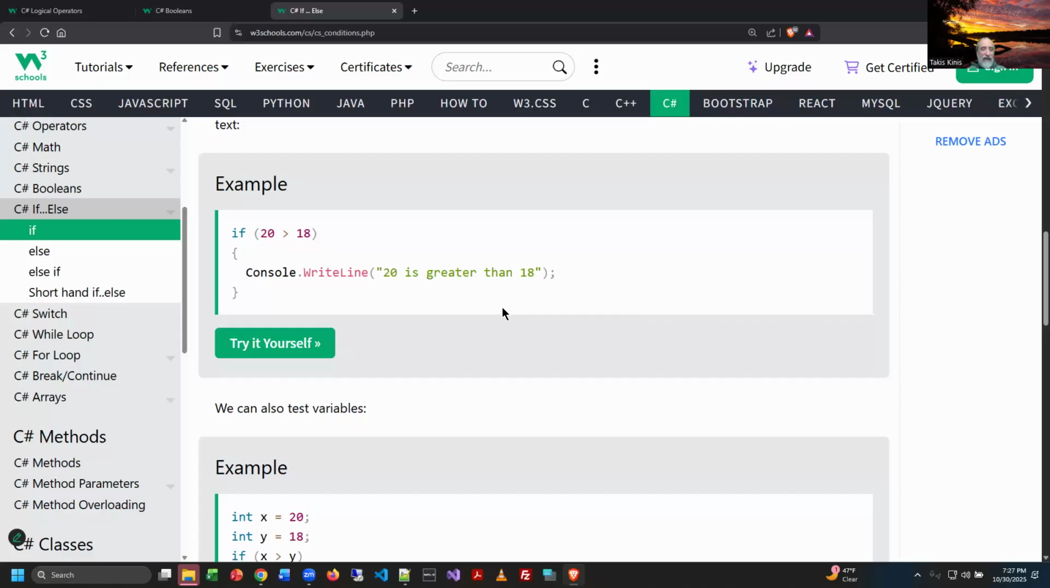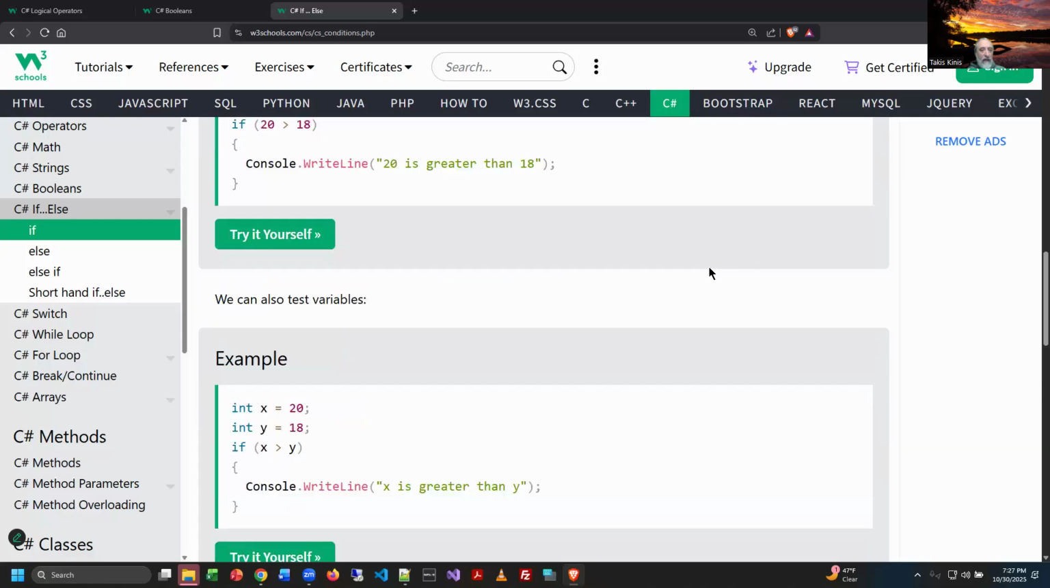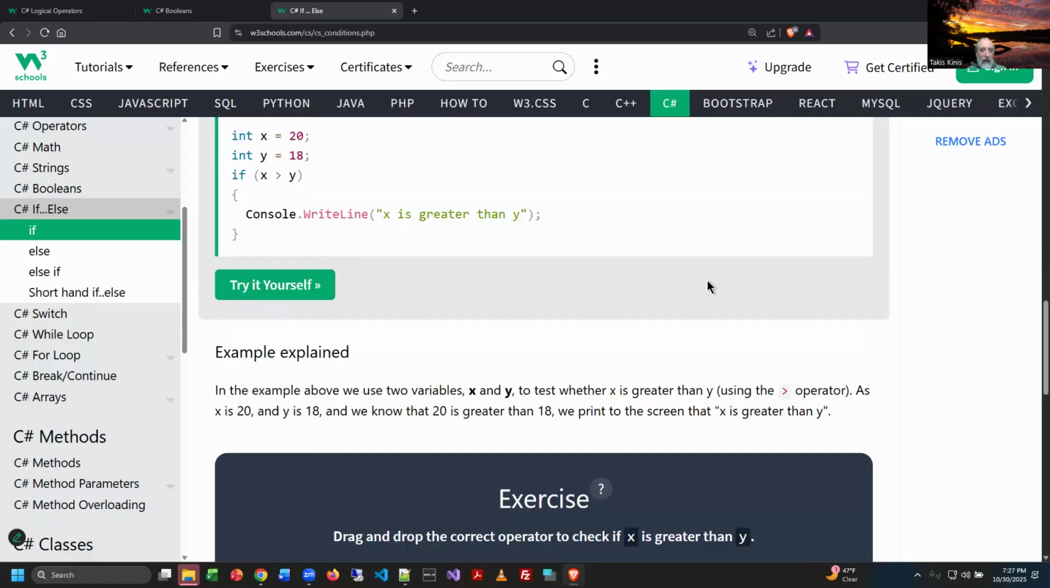So I always say just put the curly brackets in if you can. I like this format for C#. It just kind of does it automatically anyhow, so probably stick with it. We can also